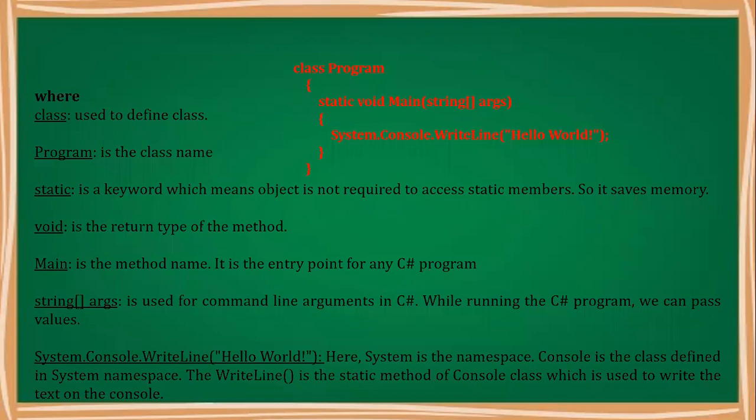So WriteLine, you know that there are two words, but the two words as a method name are joined. Whenever in C#, as previously told, you use two words to name a method, the first letter will be capital, the second word's first letter will also be capital, and they will be joined. There will be no space between the names. So inside the bracket, we have passed the argument. Obviously, the Console.WriteLine method accepts a string parameter, so directly we can pass the string. There are many overloaded methods also, but we are going to learn the simple C# program today.